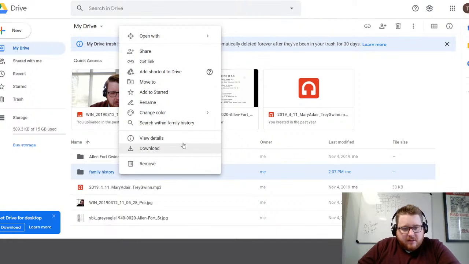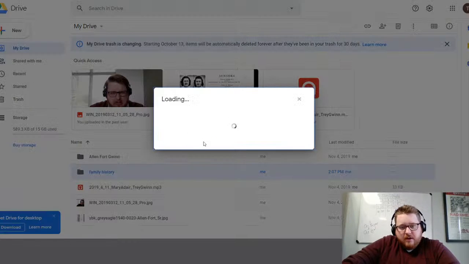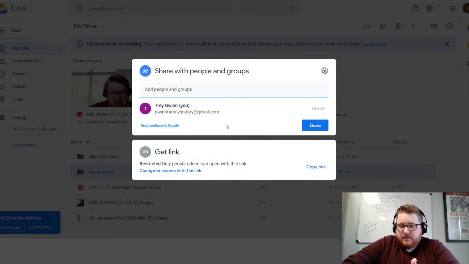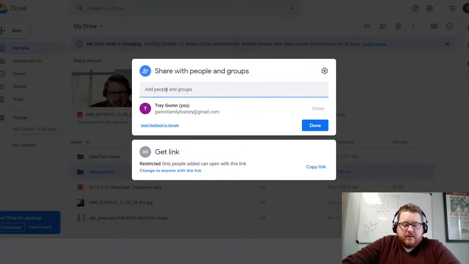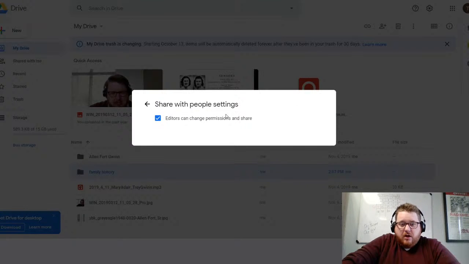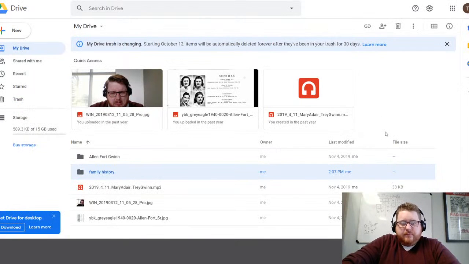If I want to add collaborators, all I have to do is right click on the folder I want to share, go up to share, and it'll bring up this dialog box. Ta-da! And all I have to do is put in the email address of the person that I want to add as a collaborator. So it's real easy to add a collaborator. Once they're on, all they have to do is start putting stuff into that folder, and they'll have access to it.